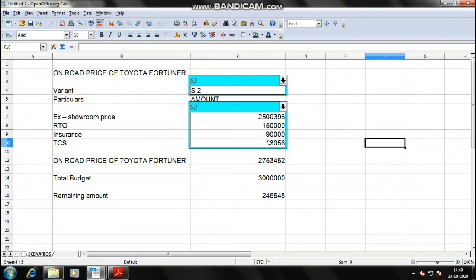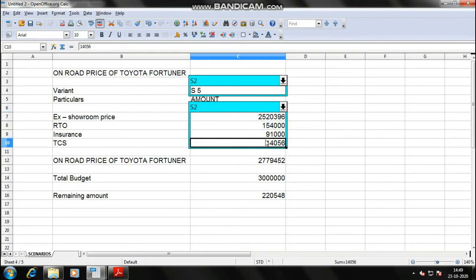So let's start. Let's create another scenario, that is S5. Let's say S5, and the amount of S5 would definitely be changed. Okay, it's 1,50,000, so let's say 154,91,014. Okay, so now we have written S5 here, and the information we have changed.